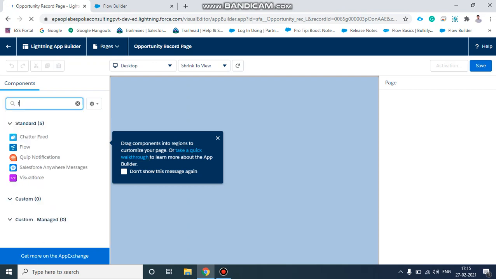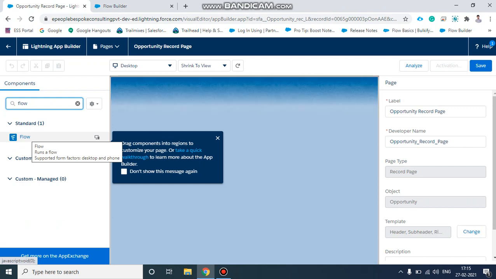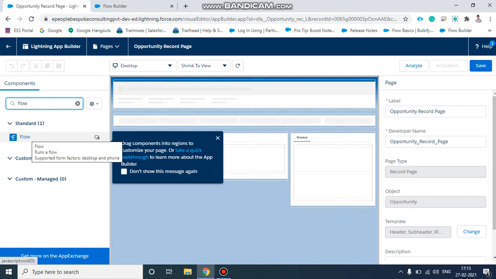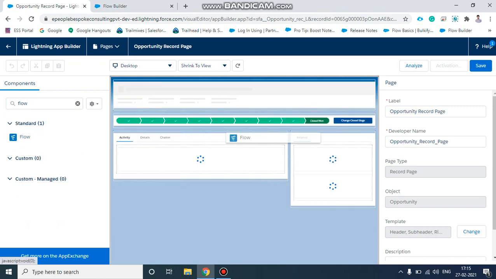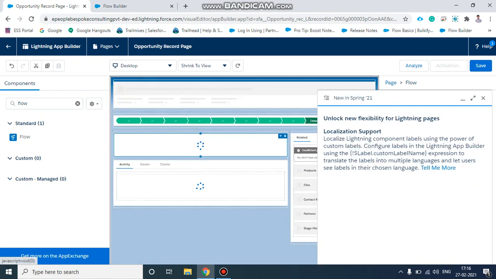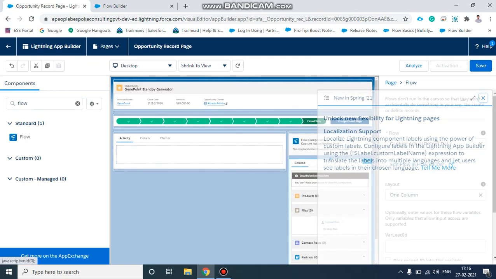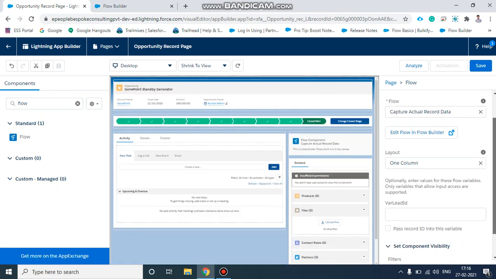We will select the flow screen flow component, and we will drag it into the right side of our Lightning record page. One second, it's loading, it will take some time. Then we will drag it there. Okay, we added it, and we will pass the current record ID.